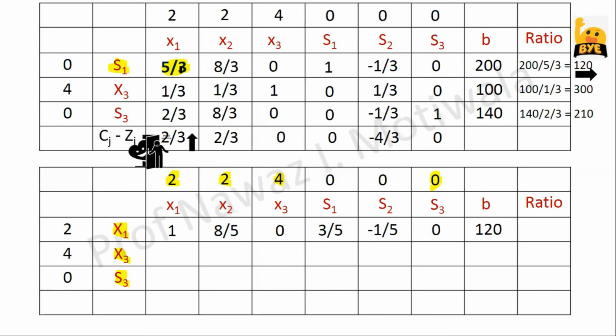With this, I got the entire answers for the first row. The next step is to fill the entire table, for which I have already given you a shortcut. What is the shortcut? The basic variables should make an identity matrix in that order. My first basic variable is x1, so it will be 1 0 0. The next variable is x3, so it should be 0 1 0. And the third variable is s3, so it should be 0 0 1. With this shortcut, I have completed almost half of the table.